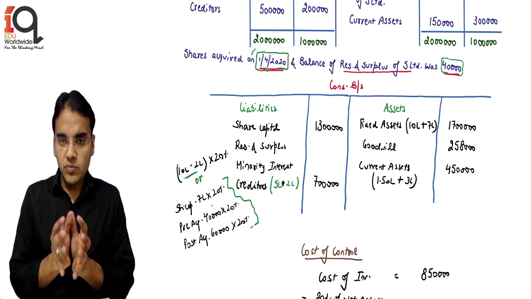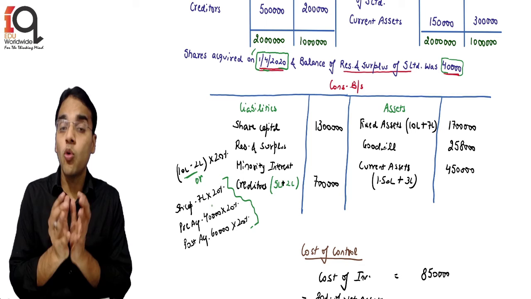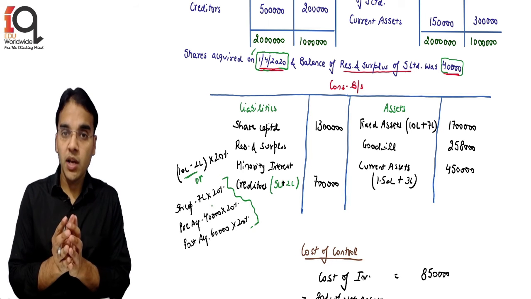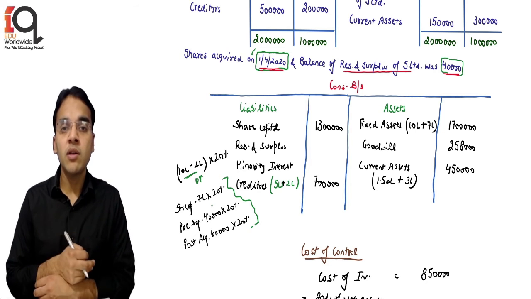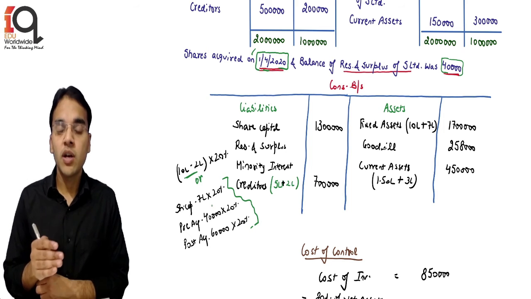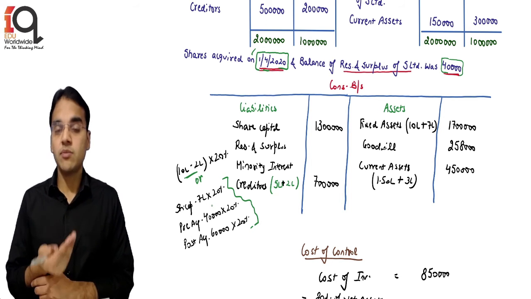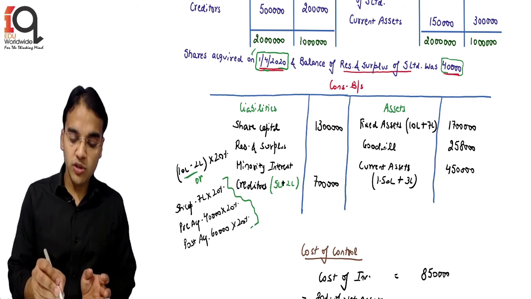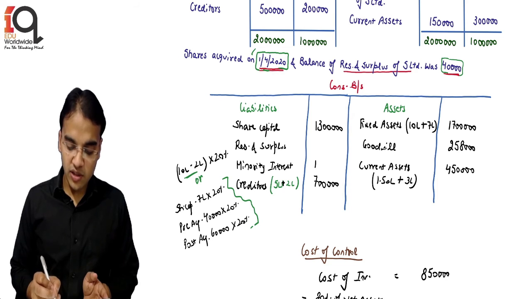Because minority interest is the value of the net assets which are not owned by the holding company. That net assets value here is as on date, because we are making the value on the date of making the balance sheet. So that will always include the share capital, pre-profits and the post-profits. Or you can simply say total assets minus outside liabilities into 20%. So that value in any way will come, 8 lakh into 20% will come as 1,60,000.